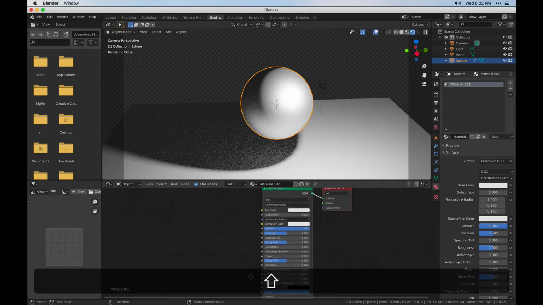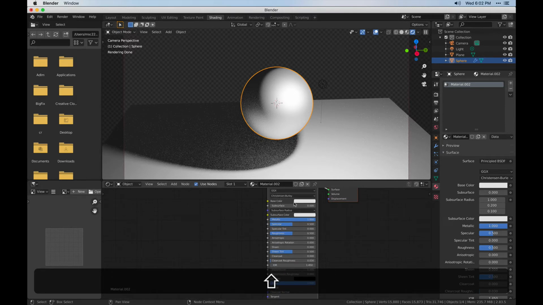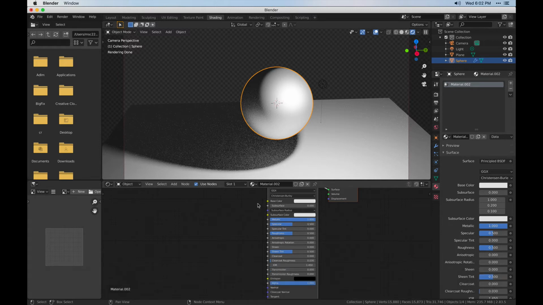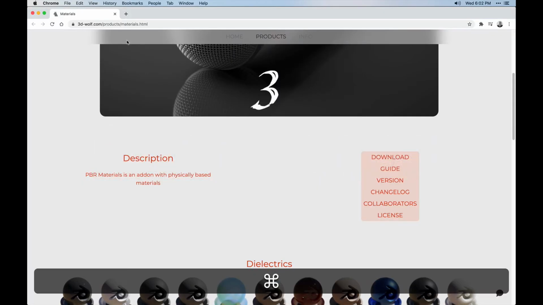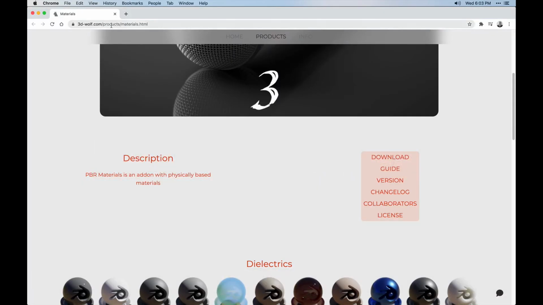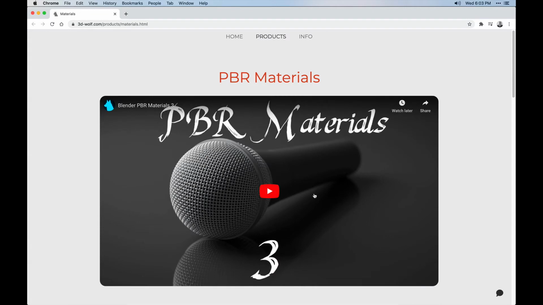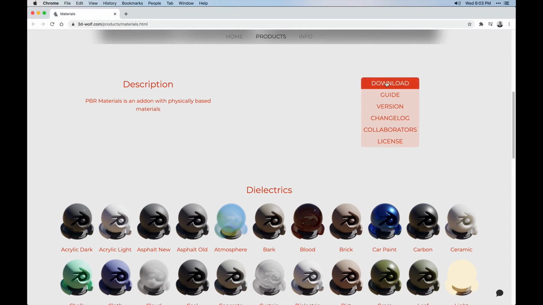Metal objects or metal materials have all sorts of different settings. I actually like to use an add-on so I don't have to figure out what those are all the time. You can get that add-on by going to 3d-wolf.com, products, materials. So they make a bunch of different types of things, but one free add-on is called PBR materials. And if we go down to download, we can actually get that material